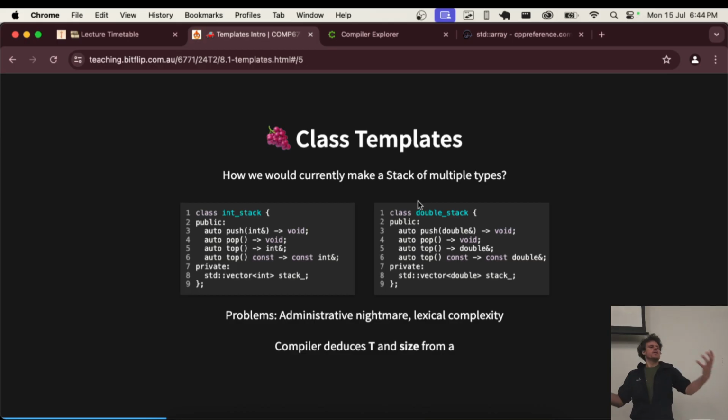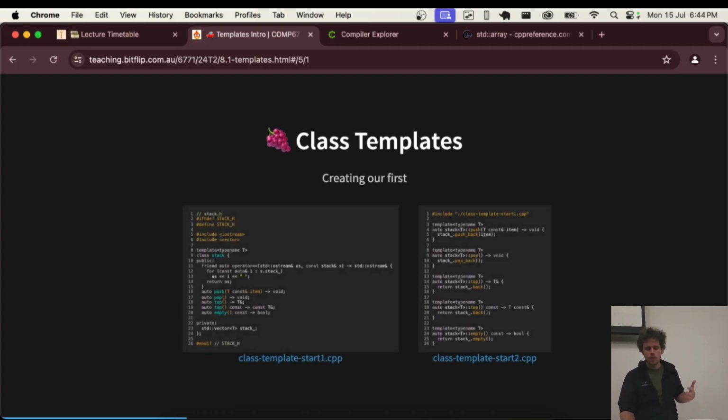You could naturally copy them. You could create one called int stack and one called double stack and duplicate all your code, right? And this is much worse with classes than functions, because with functions it's a few lines maybe, whereas with classes you've got to copy all of the class methods and all of their associated implementations. Think assignment 2. Imagine doing assignment 2 for different kinds of filter views, it would just be kind of crazy. So we want a way to be able to